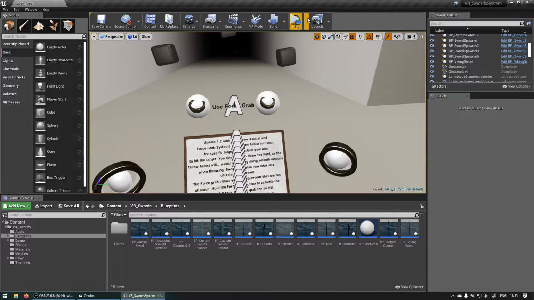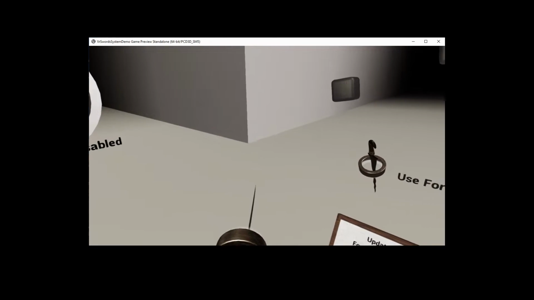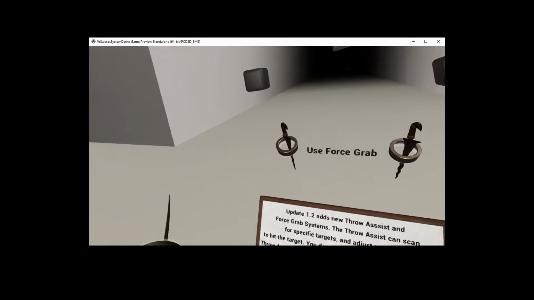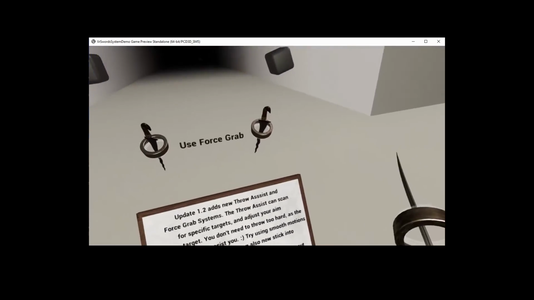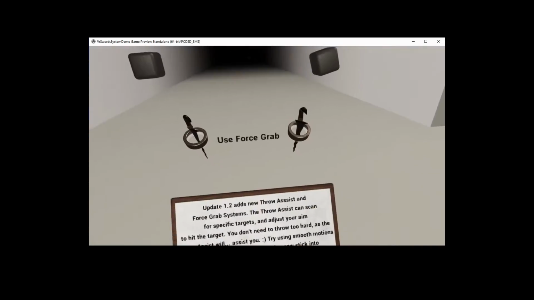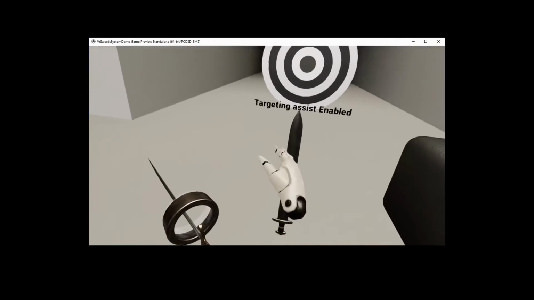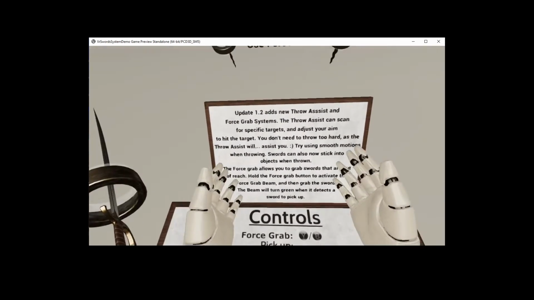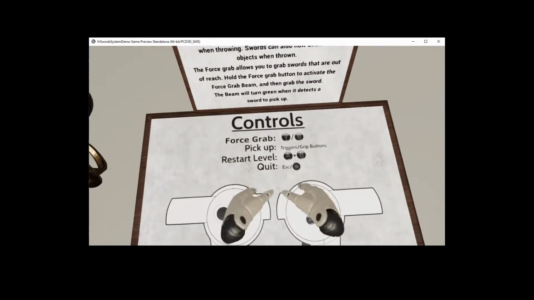Another thing that I added in this update is the new force grab system. A lot of commercial games have a system like this where you can grab objects that are just out of reach of your hand. And that makes it a lot easier, especially if you have a smaller play space. So let's say I wasn't able to move from this spot, I wouldn't be able to reach that sword at the moment. But then we've got the force grab, and if I press the force grab buttons, the default controls